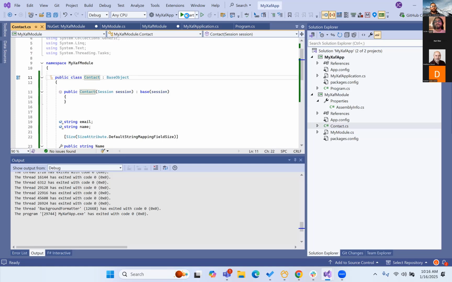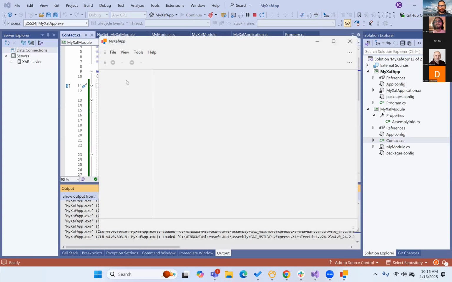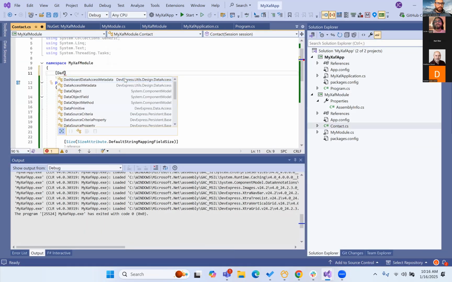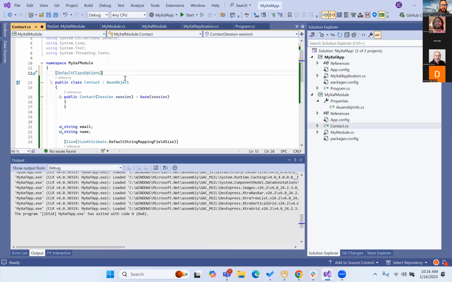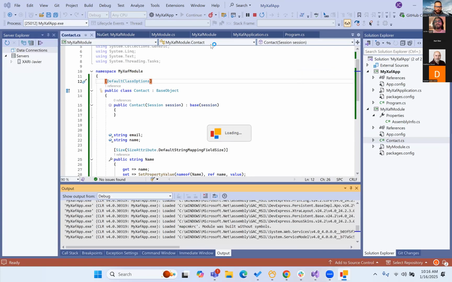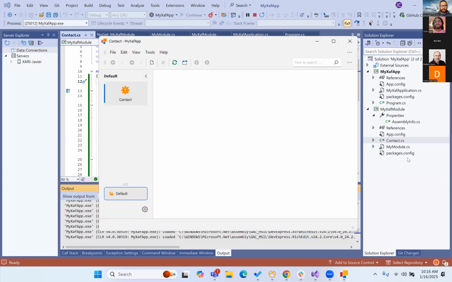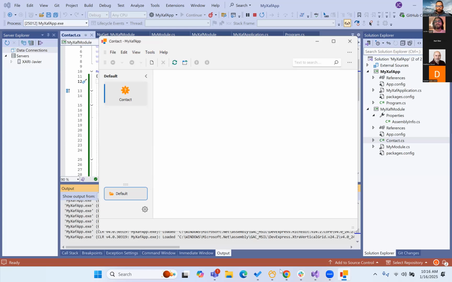All right. So now, if we run it, it should fail. It should give us an error about the contact not even being here. So let's put the file class option, and let's run it. If you see, it's telling me, hey, the contact table is not created. We're going to see it here in the model, but if we click on it, it says, hey, your schema needs to be updated. So if we go to our